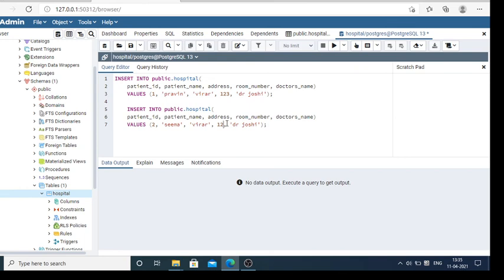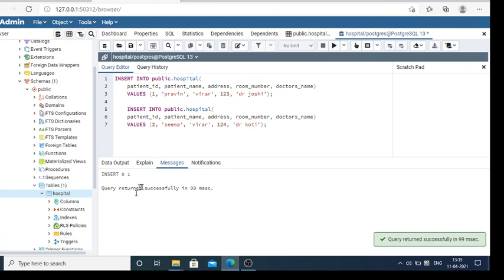Okay, then your doctor is, okay, we are going to execute this query. We have written it to insert records. Okay, insert into your table. So we have added two values, patient ID 1 and 2, patient records. So execute it. Here is a symbol to execute your query, so click on it.